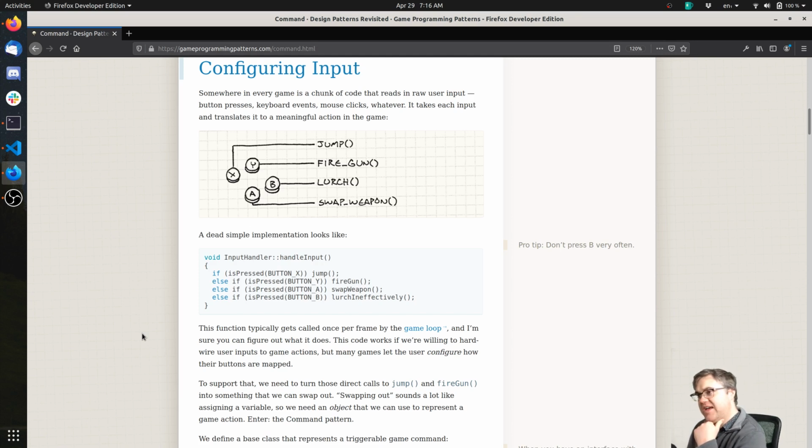So we have a function input handler. It doesn't return anything. It looks like we have a class input handler and a static function handle input on that. And then a bunch of just if-else statements to check, hey, did we press the button? If so, run this function. This function typically gets called once per frame by the game loop, and I'm sure you can figure out what